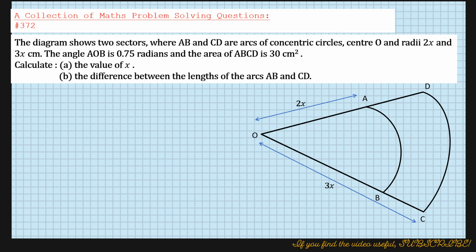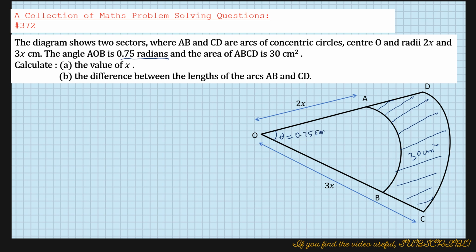So the area that we've been given is of ABCD. So this is the area. This part they are saying is 30 centimeters squared. And also the angle is in radians. It's not in degrees, sorry. So if theta is the angle in radians, theta is